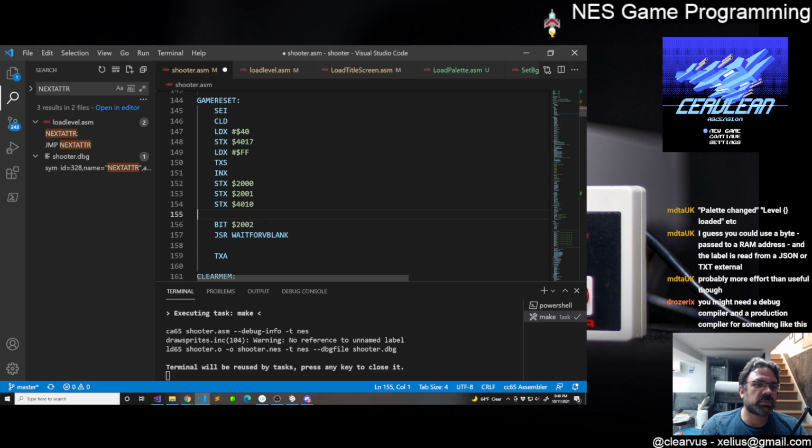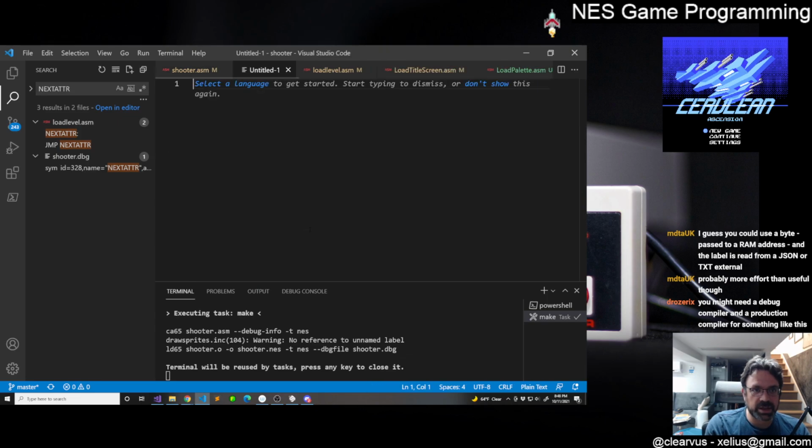I mean, that's the thing. It's not really a compiler, right? The assembler is just taking my instructions and turning them into bytes for the most part. There's some more that's happening with some of the things we were looking at with the procedures and whatnot, but it's not like in C, where you write a